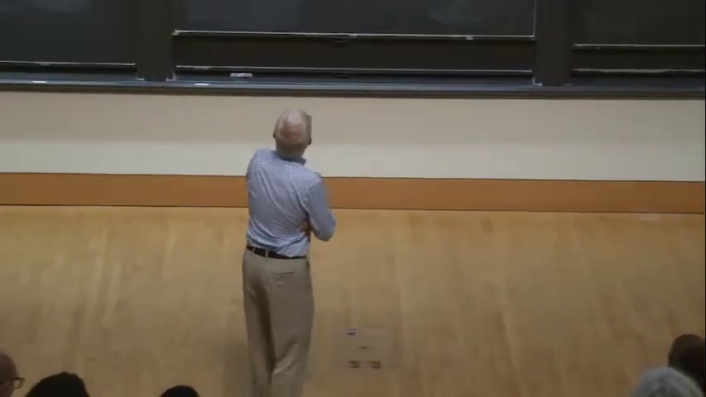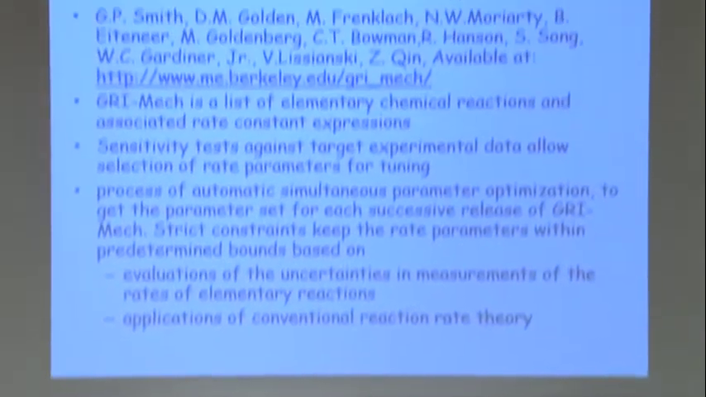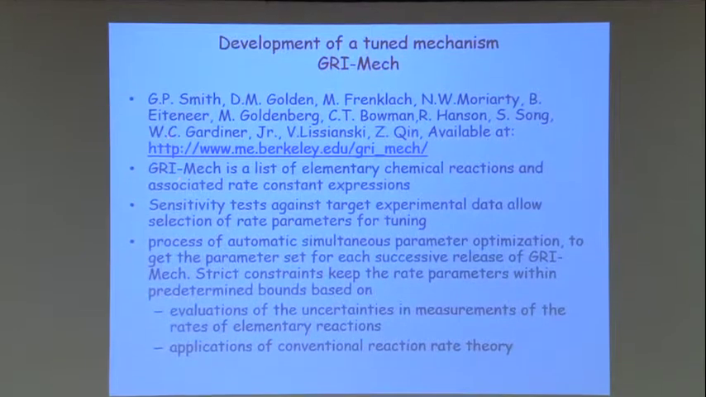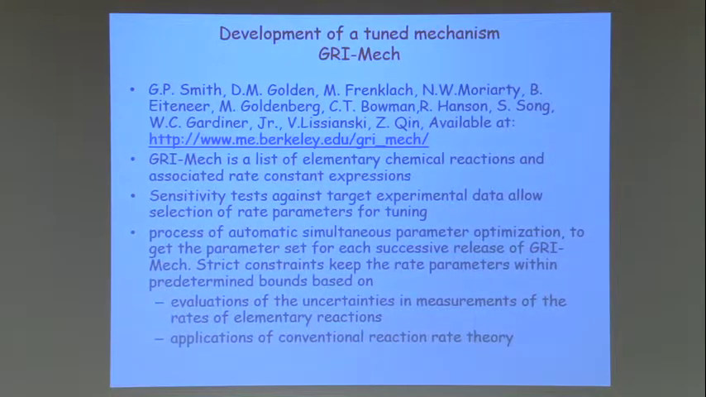So, it's a list of elementary chemical reactions and associated rate constant expressions. It's for small species, mainly methane, and they've used sensitivity tests against target experimental data to allow the selection of rate parameters for tuning. The key thing about GRI-Mech is that it's a tuned mechanism. So they've varied the parameters within uncertainty ranges until they get the best fit. The process of automatic simultaneous parameter optimization gives the parameter set for each successive release of GRI-Mech,